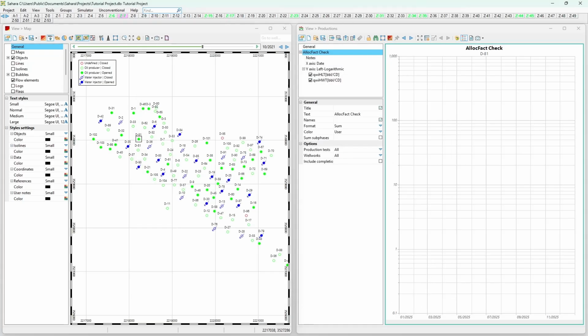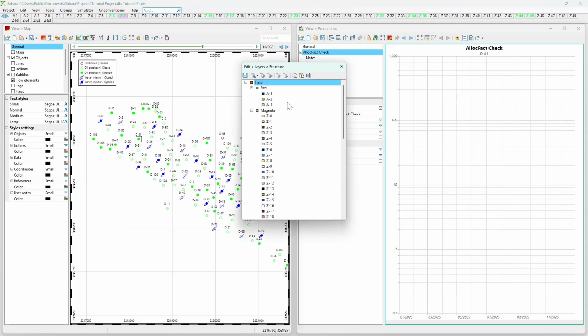Something important to consider as well is that when we import lines that are associated to layers, if for any reason a layer doesn't have any information associated to it, for some reason we haven't imported the lines, or we haven't imported the faults or the borders for that specific layer, Sahara is going to look for the information at the formation level. Then if the formation to which the layer is associated here in the structure, remember that always to have in mind the structure of your Sahara project. If, for example, let's say the layer number 7 doesn't have